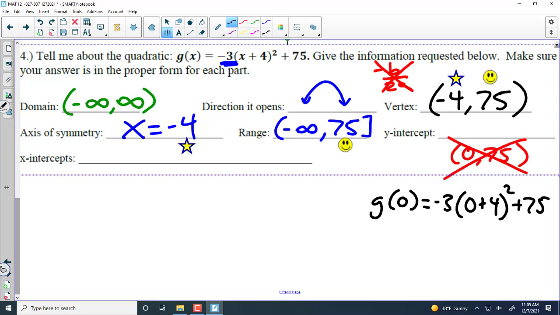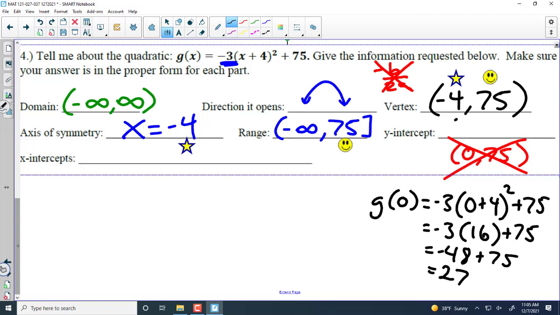Because what's going to happen is inside those parentheses, you're going to get 0 plus 4, which doesn't go away. What's 0 plus 4, everyone? 4 squared is what? So we get -3 times 16 plus 75 equals -48 plus 75 equals 27. So the trade-off for having the vertex being easier to find on this one is that the y-intercept is more difficult to find. If they were both easy to find in one form, then we'd always use that form. But